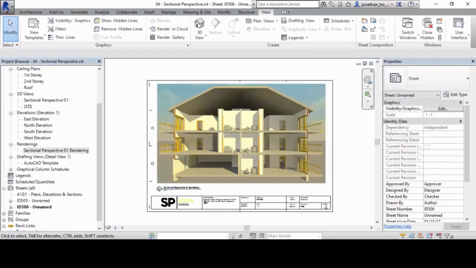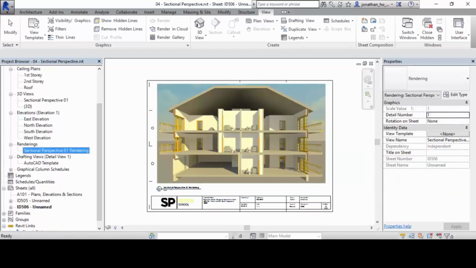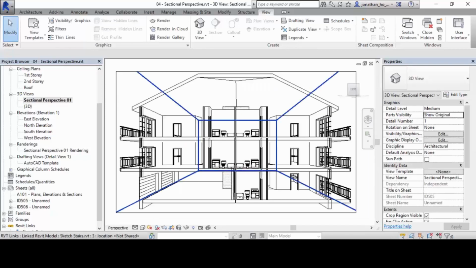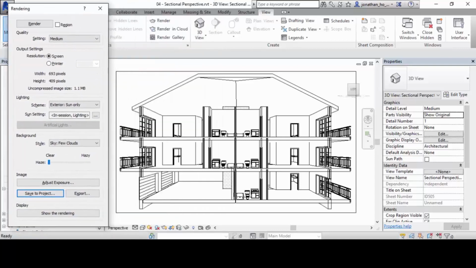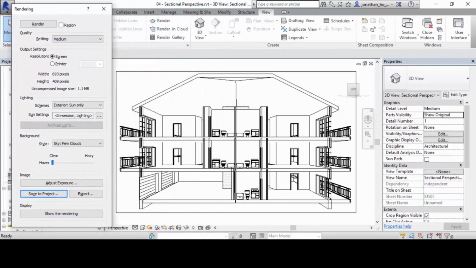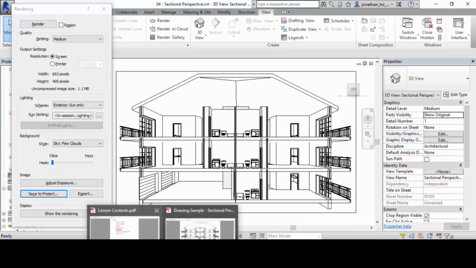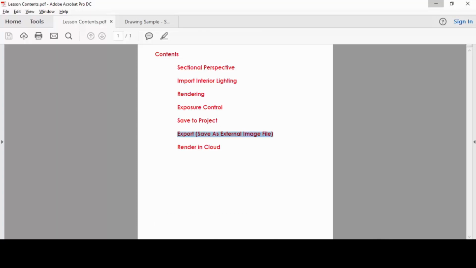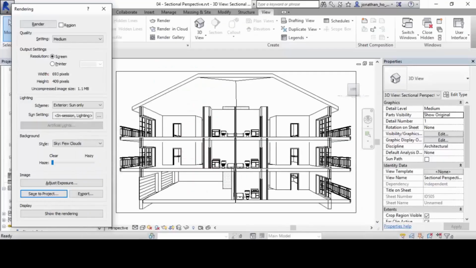Okay, then very good. Let's go back to the rendering again. Let's go back to sectional perspective 01 again and call out render one more time. We are going to move to the next function here called export. Save as an external image file. So after we have rendered this already, then how? Click on export, this button here,